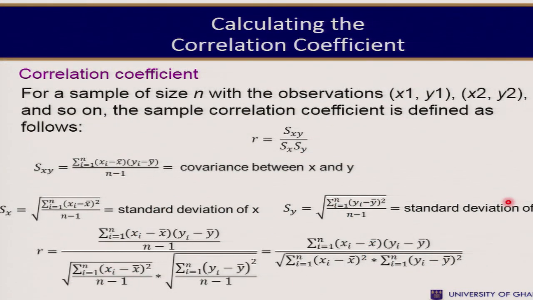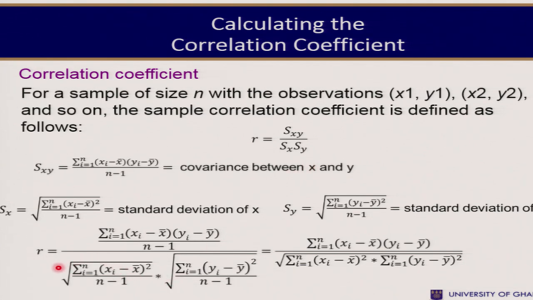There are some ways to calculate the correlation coefficients. Mathematically, the sample correlation coefficient is given as the covariance between x and y divided by the standard deviation of x and then that of y. That is Sxy over Sx times Sy. Computationally,